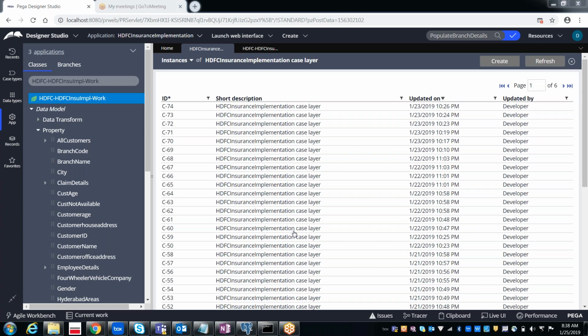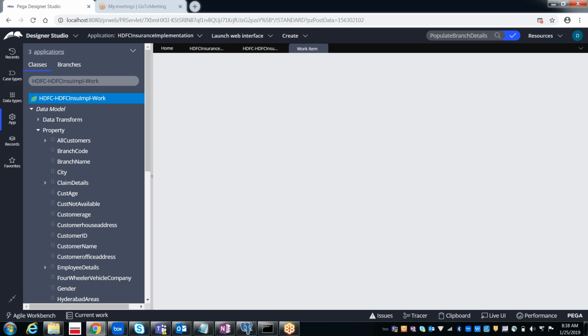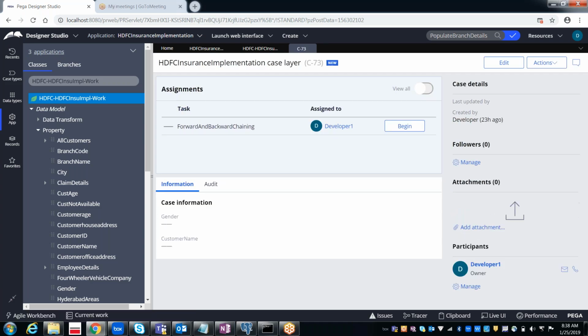Now even in that database we will have various columns, but our work object information will be stored in which database column? Does anybody have any idea? In which column of the database will the complete work object information be saved? For example, when I open any of the work objects, I give all the vehicle details, insurance details, and customer details, all these things.